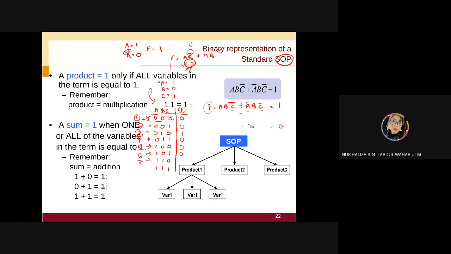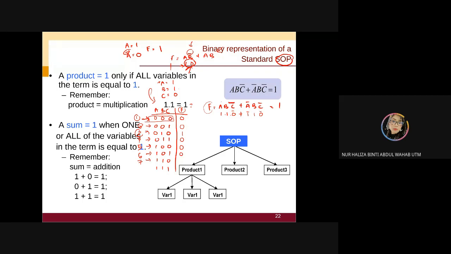7, I will have... Okay. My one will be 110. 1 for A, 1 for B, 0 for C with a bar. Plus, this one is multiply, right? 1 for A with a bar, 1 for B, 0 for C with a bar. So here I'm going to get,